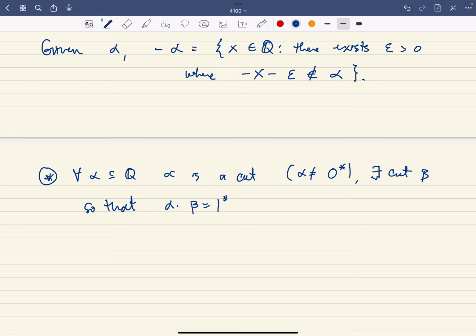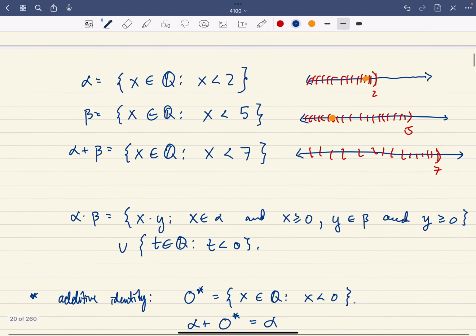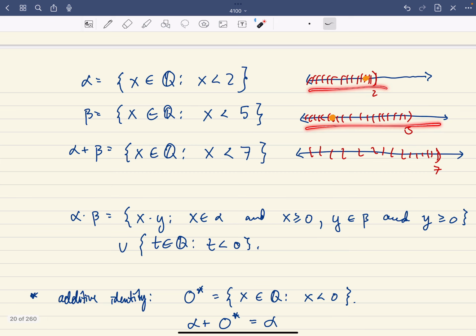Finally, if I were to have cuts, say alpha 1, alpha 2, and alpha 3, then I want to talk about how we could find the supremum of them. How could we find the supremum of alpha 1, alpha 2, and alpha 3? If I want to talk about the supremum of, say, the cuts corresponding to the numbers 2 and 5,